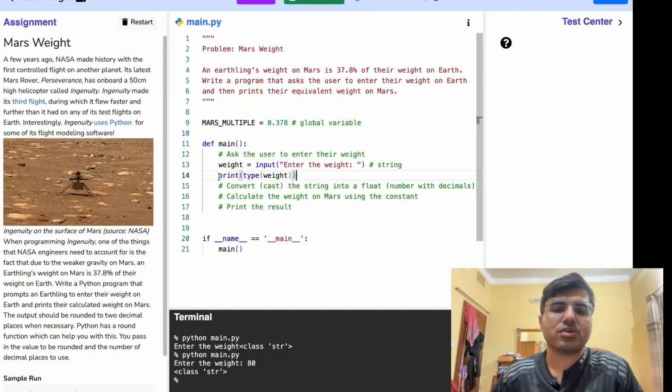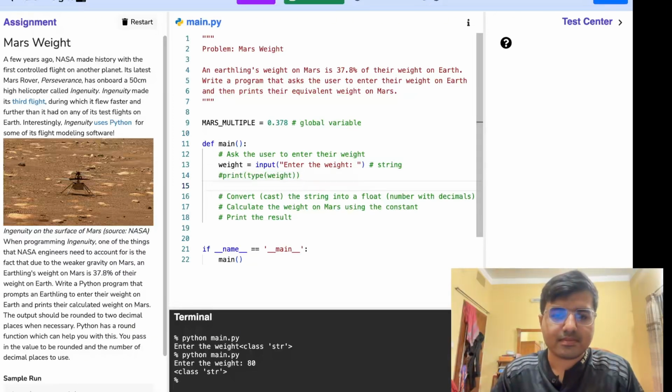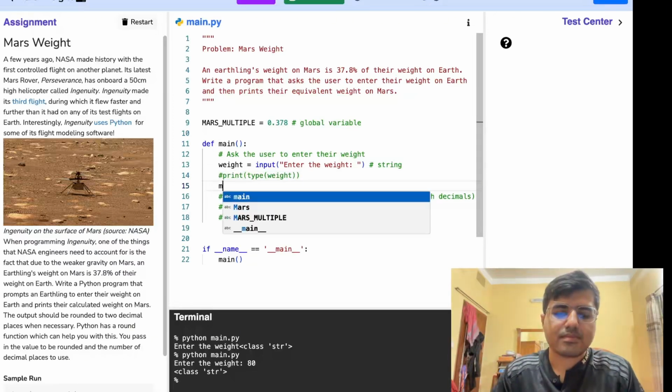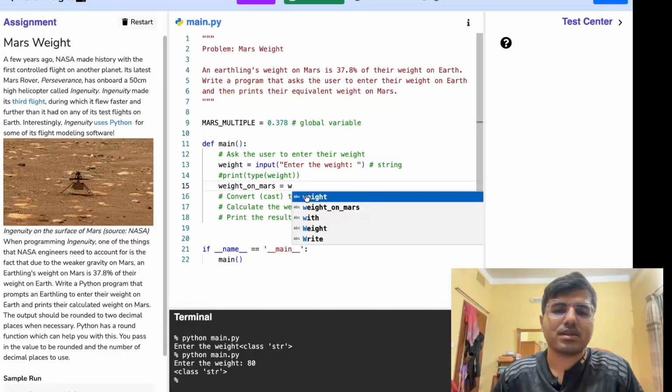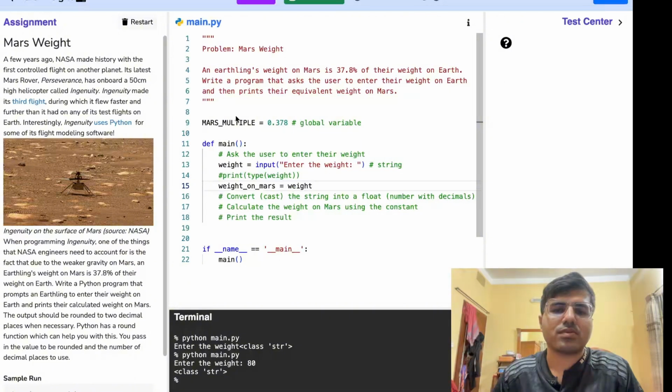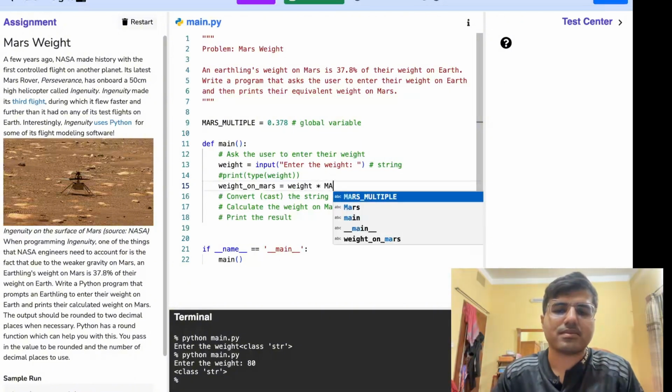Let me show you the error first. I'm taking another variable named weight on Mars, and I'm multiplying my weight on Earth with this value, Mars multiply.